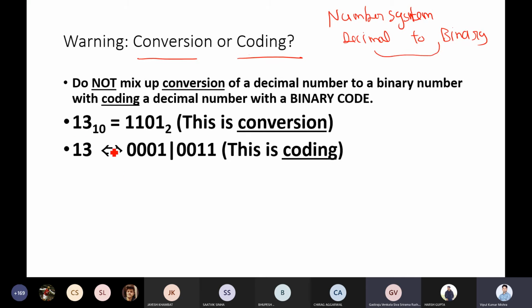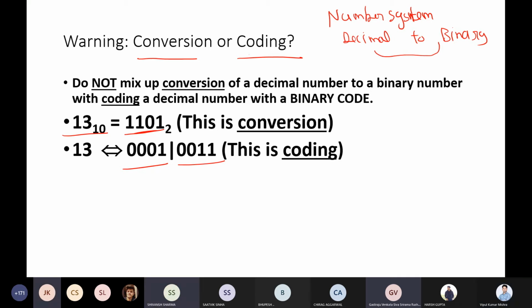Here we have given one example, like 13. If you convert this decimal 13 into binary, this will be the value. But in the case of BCD code, it is represented by this, right? So that is the coding, like 8, 4, -2, -1. That is the coding, right? Similarly, if you say XS3, that is also a coding. Similarly, there are a variety of codings available. Any doubt on this, anyone? Guys, anyone, any doubt?